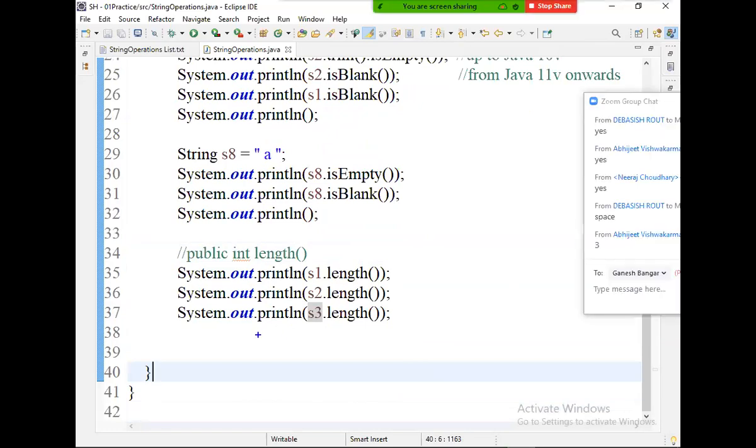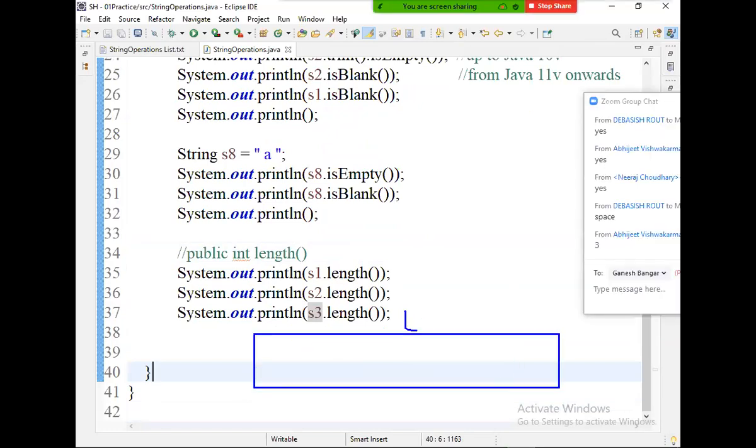For example, take the login form again. In the login form, I am taking the password column. On the password column there is a rule: minimum 8 characters, maximum 16 characters only are allowed. If you try to enter fewer than 8 or more than 16, we want to throw an error message saying that the password length must be between 8 and 16. How can I find the password length between 8 and 16?